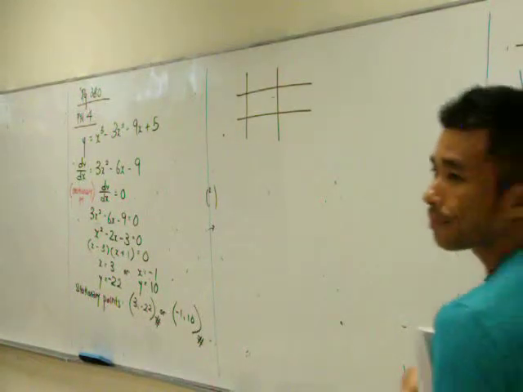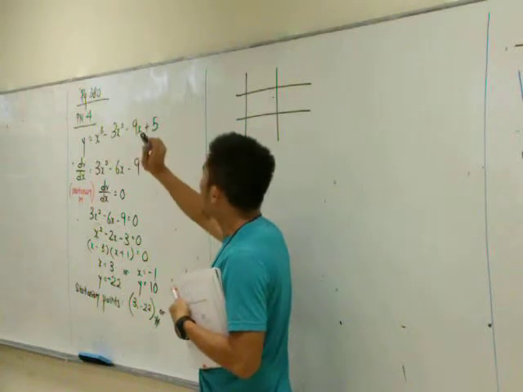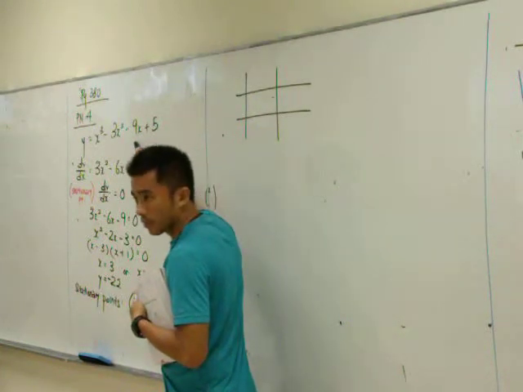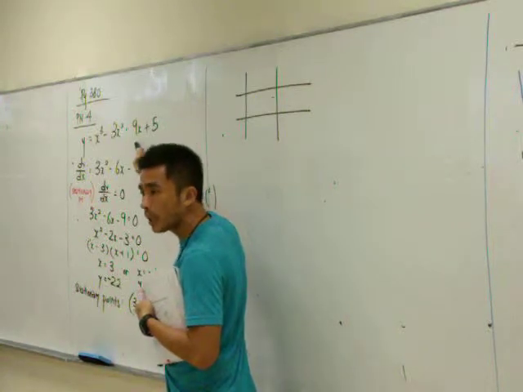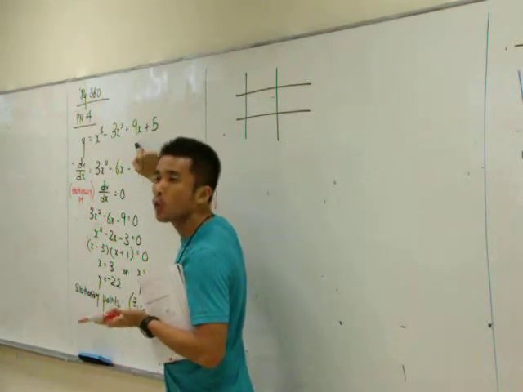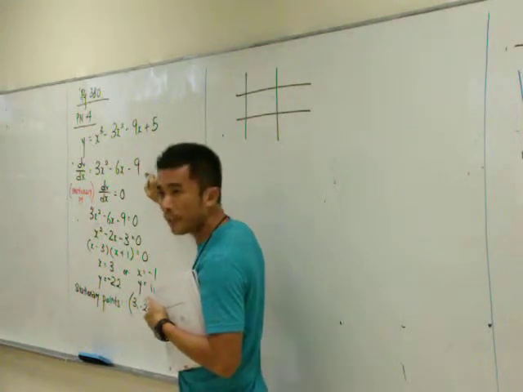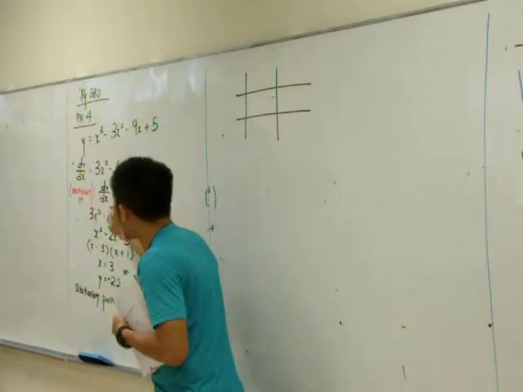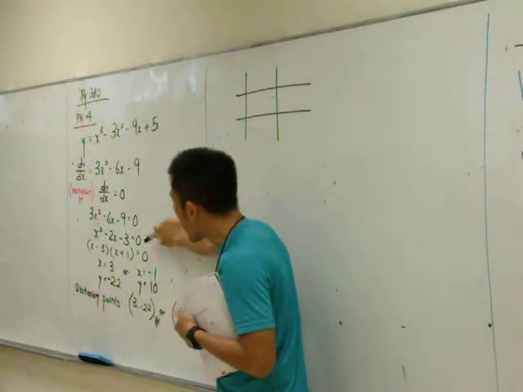Okay, look here. I'll just explain this part again. The equation is given. You are told to find the coordinates of the stationary point. By the meaning of stationary point, you know the gradient is equal to 0. Do your first derivative. dy dx is equal to 0. Equate to 0 and factorize to solve.